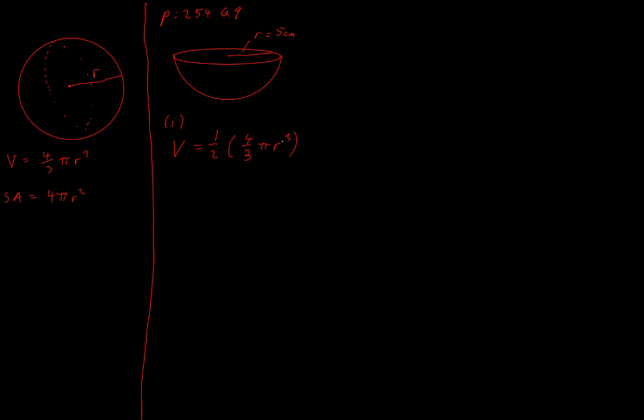Now, let's put in our radius of 5. So we're going to have a half multiplied by 4 over 3 pi on 5 cubed. And anything we sub in, we always put in brackets. We write it exactly like this on our calculator, except that we aren't going to put in pi. So into our calculator now, we're going to put a half multiplied by 4 over 3 multiplied by 5 cubed. And again, not putting in pi because we're asked for pi as part of our final answer. When we put those three things multiplied together into our calculator, we're going to get 83.33